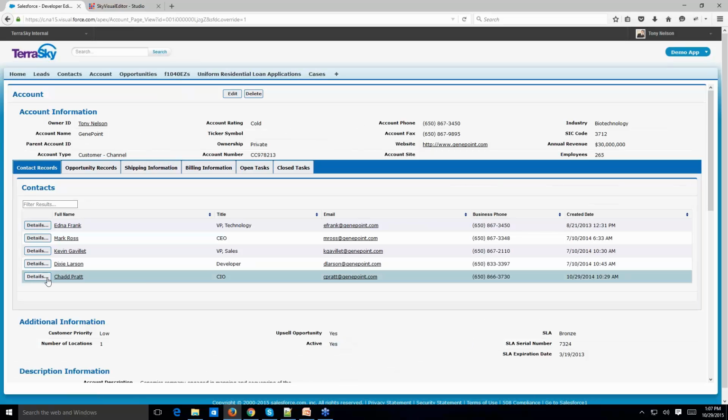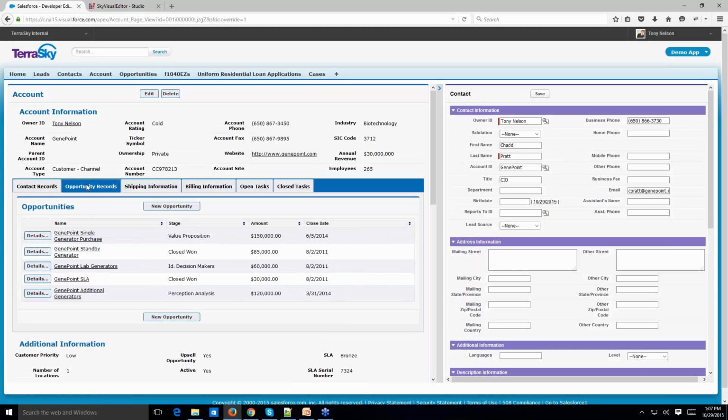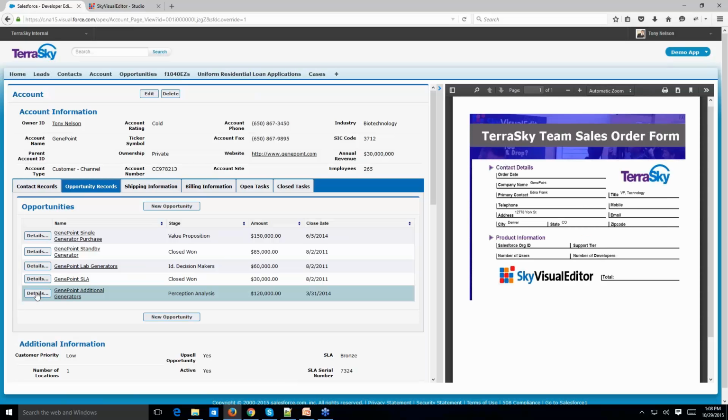But what I'm going to show you is, since we get to control what goes there, if I switch over to Opportunity, I also have a Details button here. And when I click on the Details button for the opportunity, it changes completely. So instead of just a data entry page, what I have for opportunities are an actual document that we have generated for a sales order form, and we have fields that are overlaid on top of it, and it's rendered